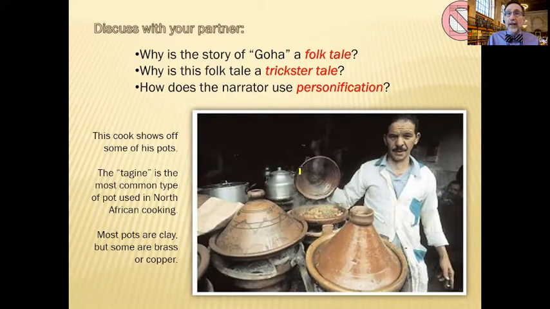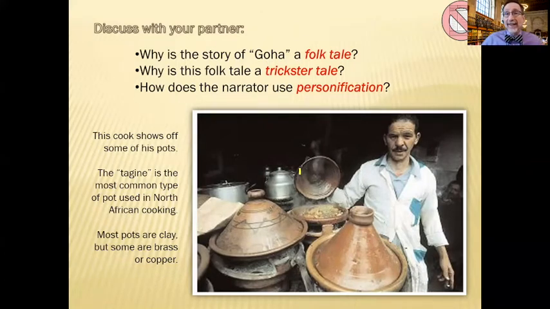So think about these things, especially if you're working with a partner right now, as we would be doing in class. Why is this a folk tale? Think for a moment about that. All right, so by itself, you wouldn't know. It's entertaining. It's got common, simple characters. But to make it a folktale, you would have to know for a fact that it's been passed along generation to generation. And we told you that. So you couldn't tell it's a folktale if it's the first time you've seen it and there was no background information. You need the background information to be able to determine that.